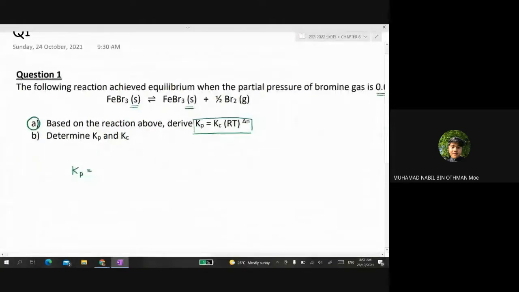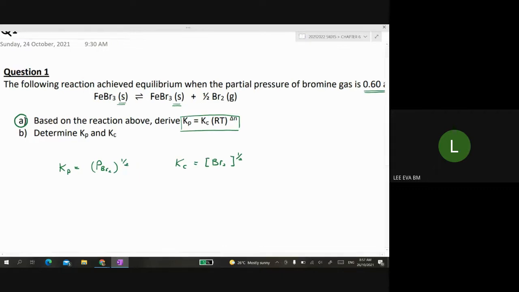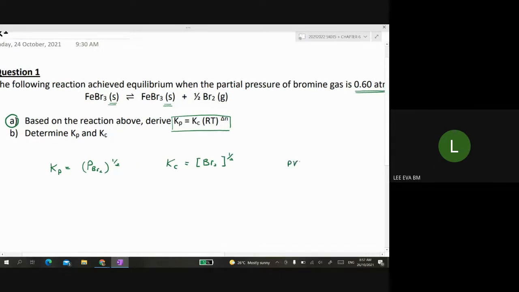Mm-hmm. 2 to the power of 1/2. Yes, exactly. How about Kc? BR2 to the power of 1/2. Tadi kita sudah buat sekali kan? Okay, so remember that we want to keep your Kp as the subject and don't forget about your PV and